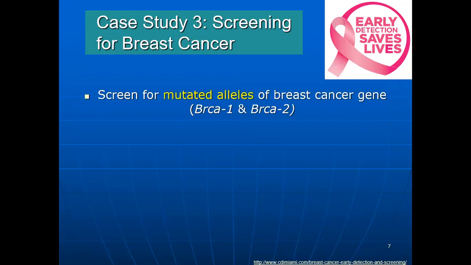Right, case study number 3. Let's say, for example, someone in the family, like an auntie, got breast cancer, and then the grandmother also got breast cancer, and the great grandmother also got breast cancer. So it's like, oh no, it runs in the family. Therefore, you go and do the breast cancer screening to look for the mutant allele for the cancer genes BRCA1, BRCA2. After screening,